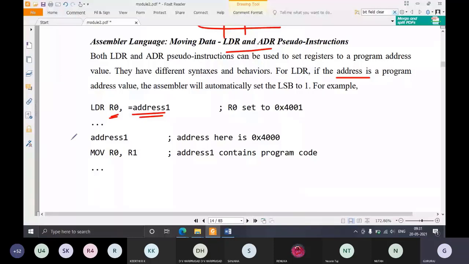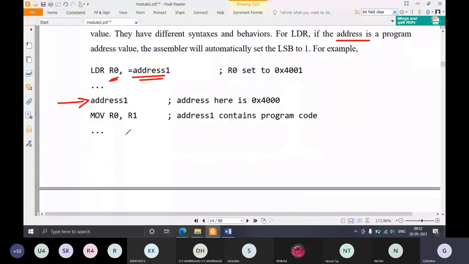So what is actually happening after this label? You are seeing here some instructions after this label. That is, at this label, instructions are starting. That means this address 1 label is a program address, or code address, or a code label. So it points to code. From that location, some code, some instructions are written. So in that case, R0 will be copied with here